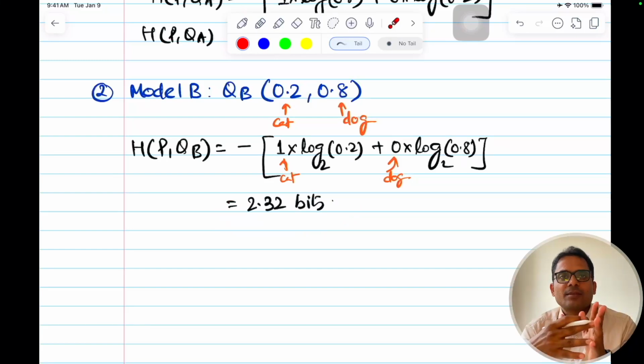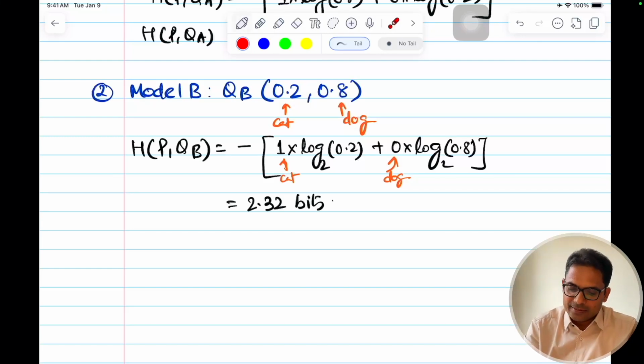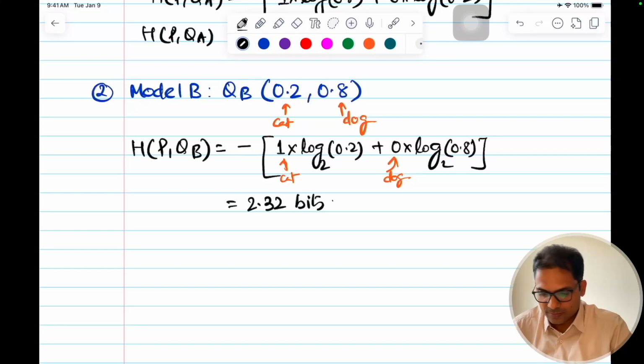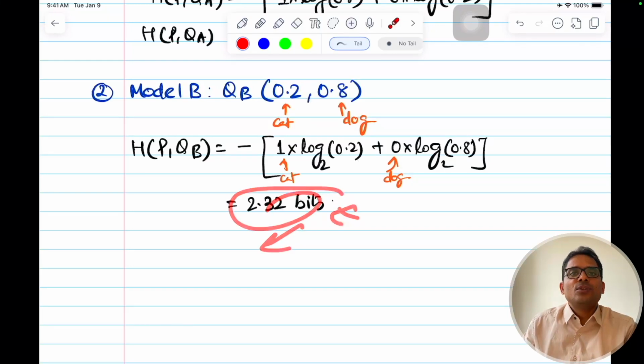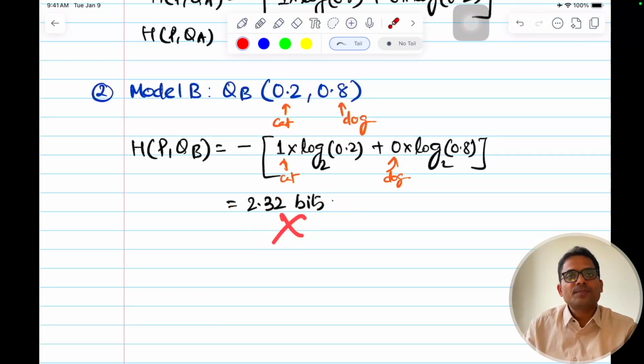The net average surprise for the difference between these two is very, very high. The model predicted that it is a dog with high probability, but that is wrong. That's why we're getting a very high cross entropy loss, and this value will be fed back to train the model so that we reduce it. Okay, I hope cross entropy is clear.